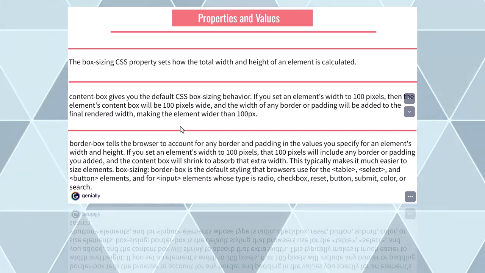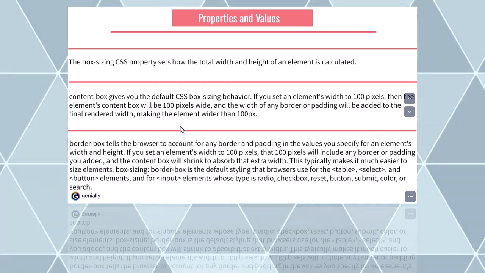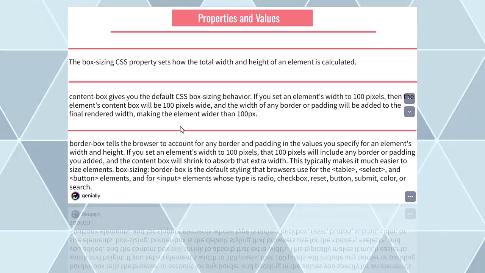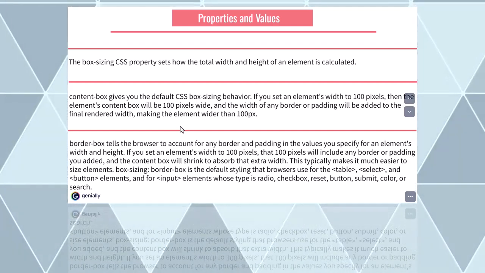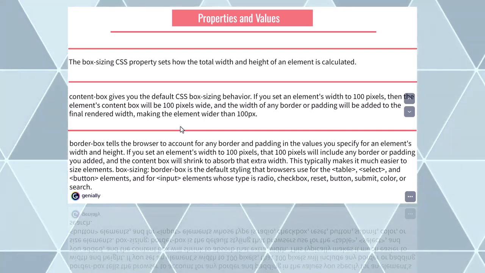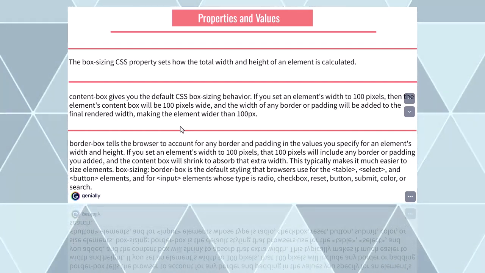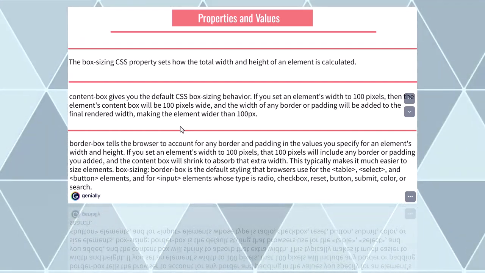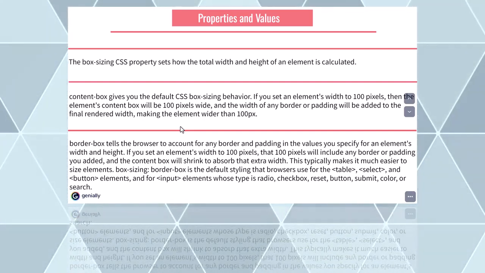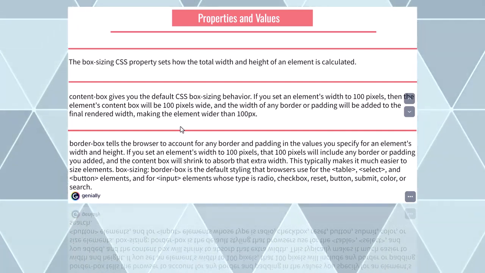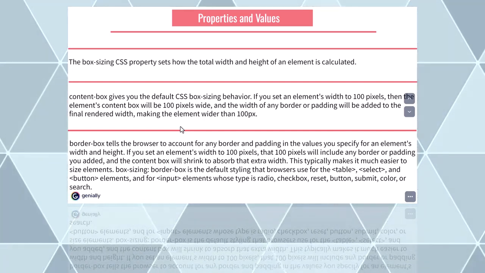Cindy, can you read border box? Border box tells the browser to account for any border and padding in the values you specify for an element's width and height. If you set an element's width to 100 pixels, that 100 pixels will include any border or padding you added, and the content box will shrink to absorb that extra width. This technically makes it much easier to size elements. Box sizing,